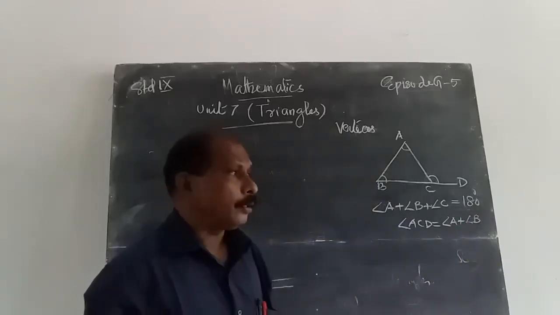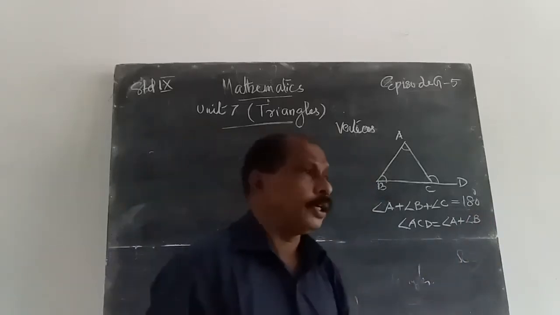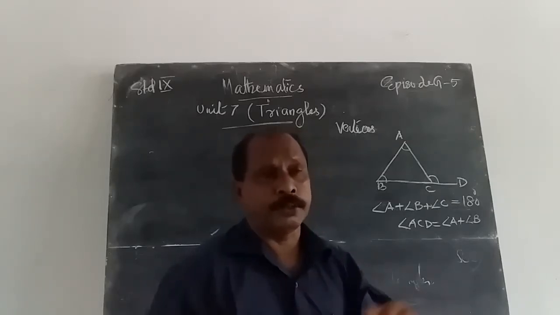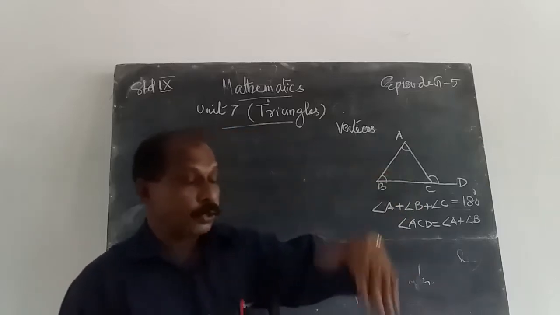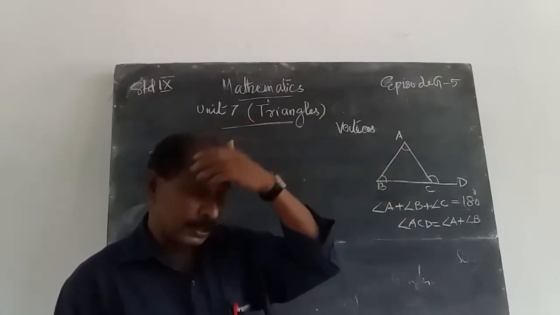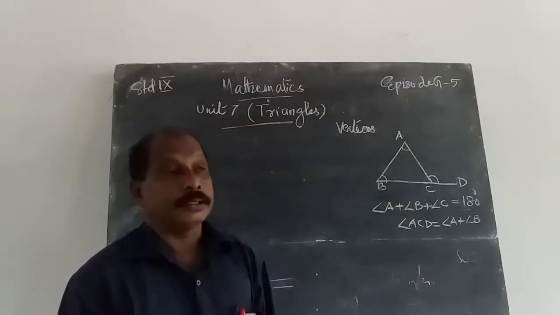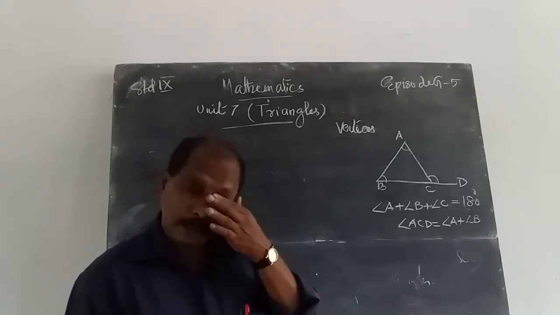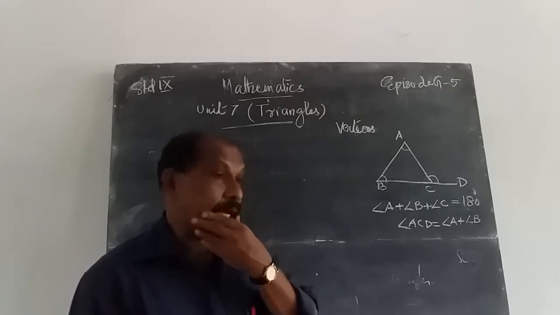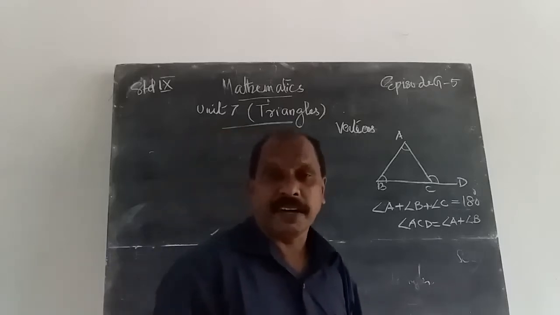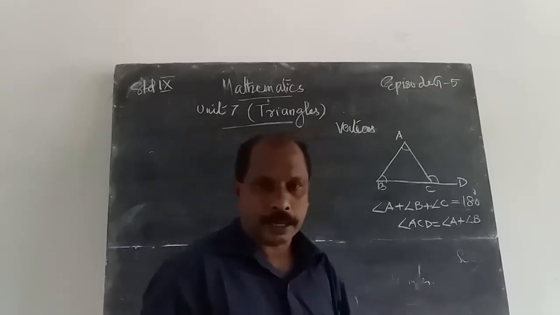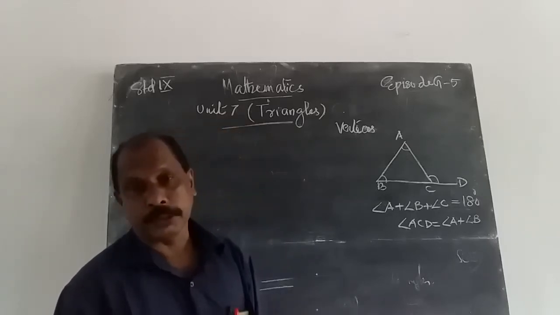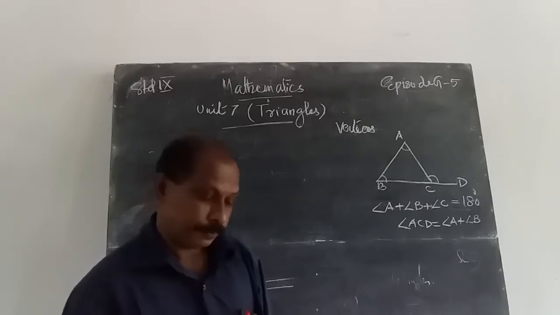That means the sum of the interior angles of a triangle is 180 degrees, because (n minus 2) into 180 is 3 minus 2, that is 1, into 180 is 180. If it is regular, 180 divided by 3, we get 60. Each angle will be 60 degrees. And the external angle at any vertex of that triangle is equal to the sum of the opposite interior angles.